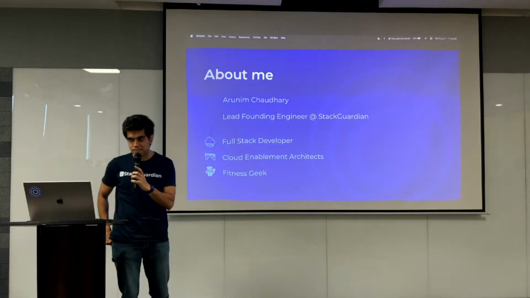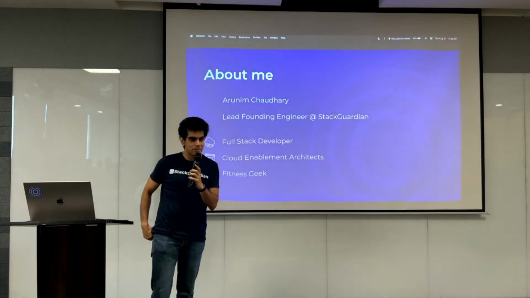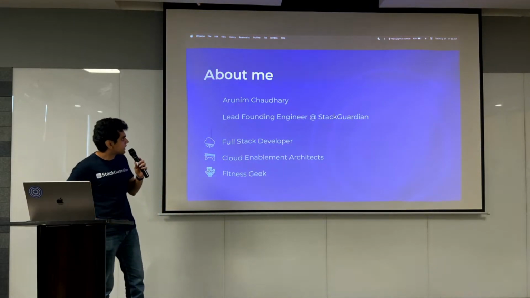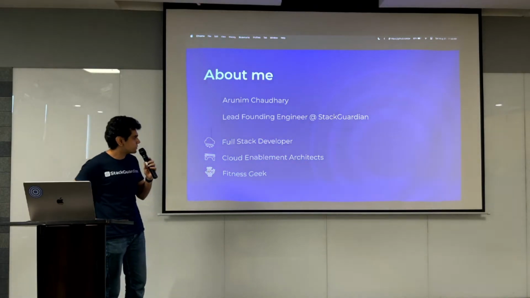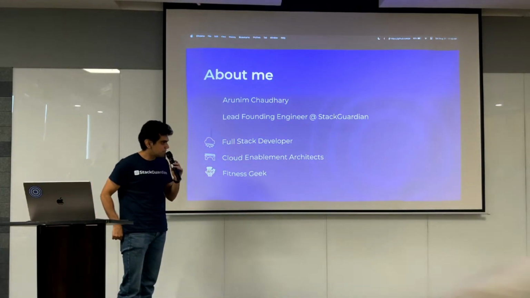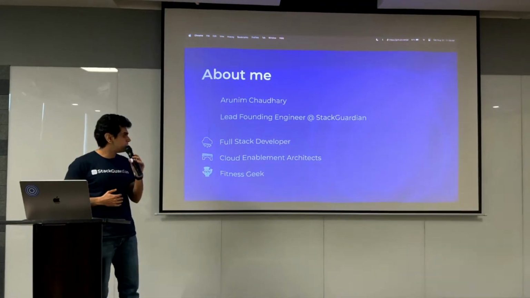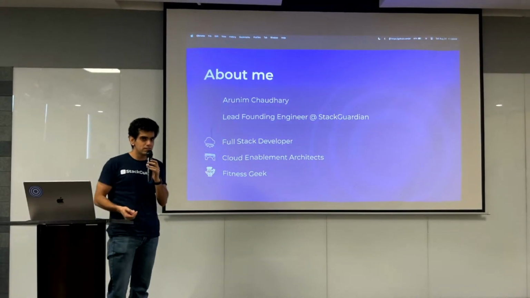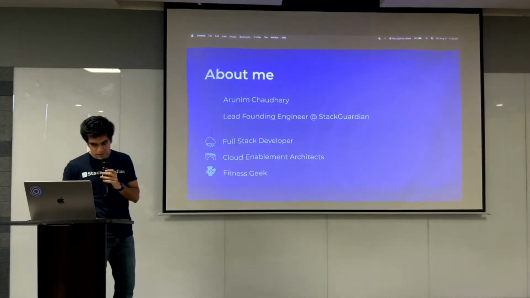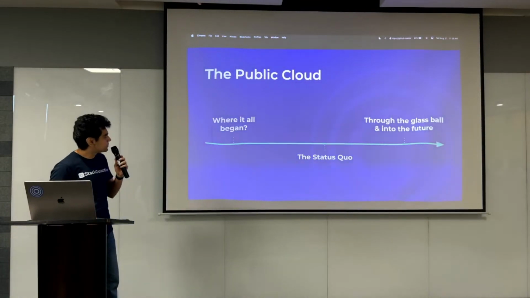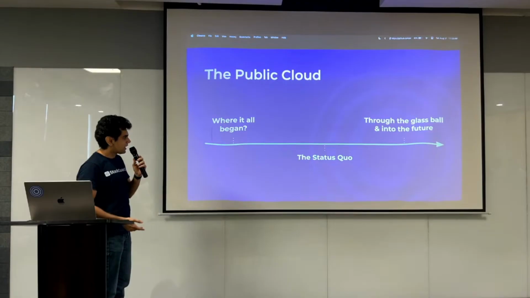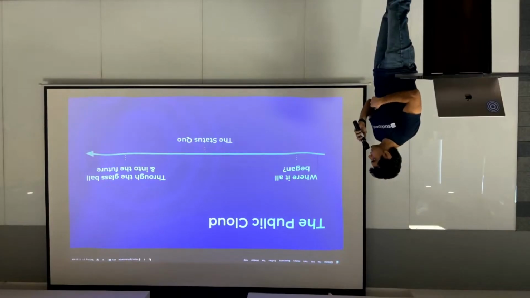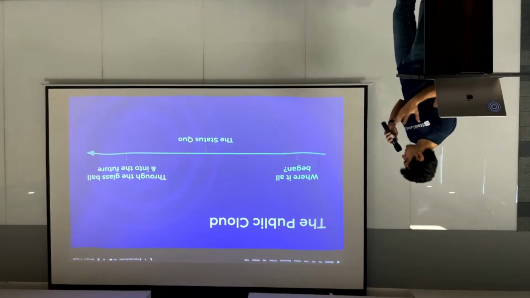Who has used AWS or knows about AWS? Okay, almost everyone. So we are going to talk about why we need guardrails, what guardrails are, and what the various methods of deploying resources into the cloud are, for example, deploying a database into AWS or Azure and so on and so forth. So first, I'm going to go through where the problem is, where it all began, and what the current solution is, and then we're going to look into this and how we're trying to change the market ecosystem right